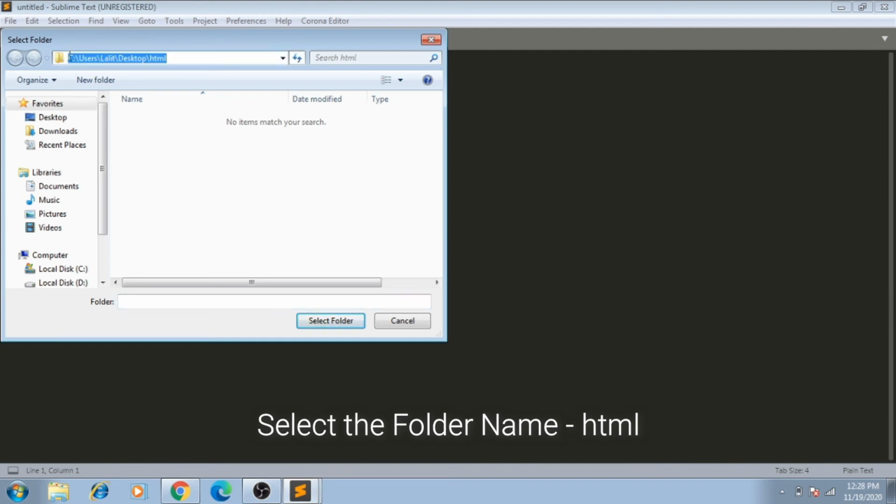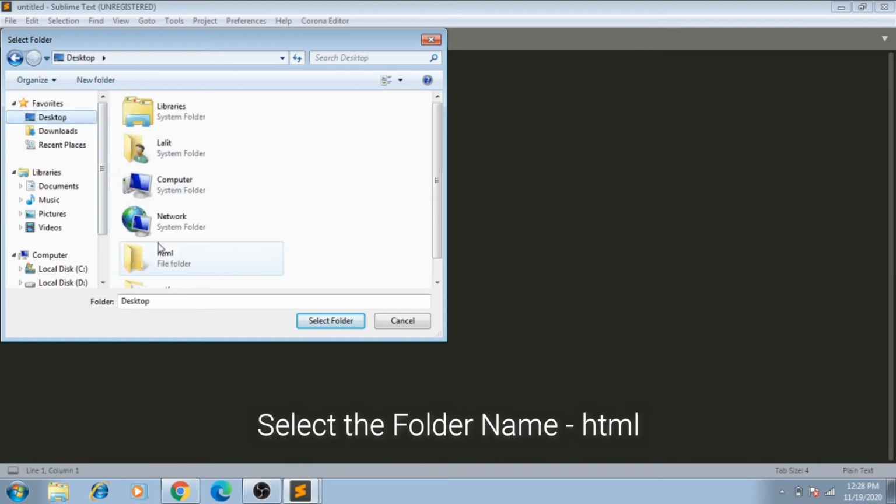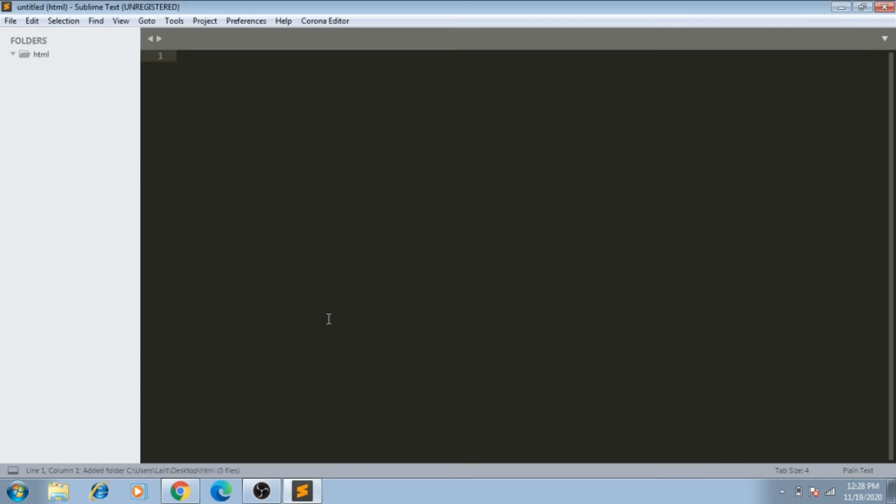It will display a dialog box. From this dialog box, select that particular folder and click the Select Folder button. Now, this folder will be displayed on the left pane of the Sublime Editor, as you can see.